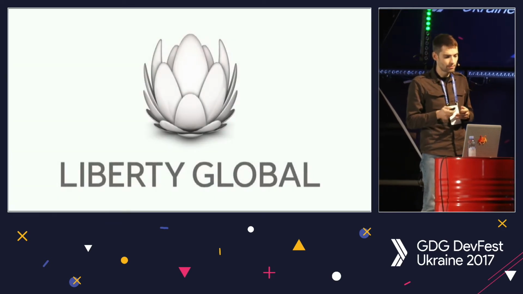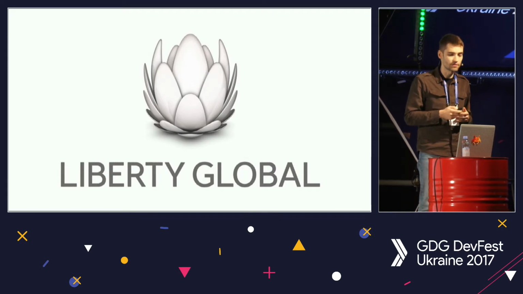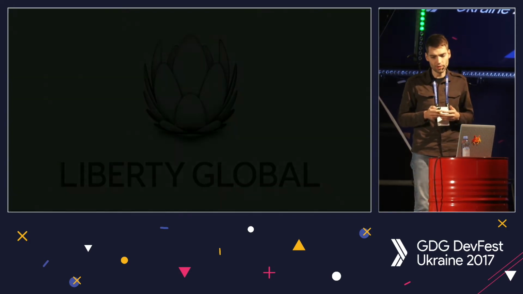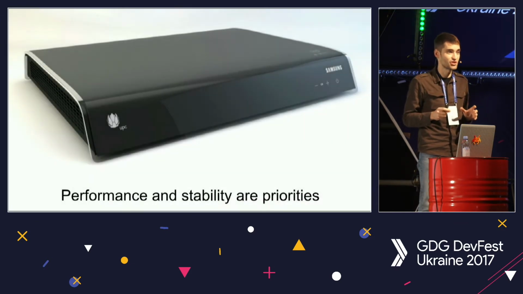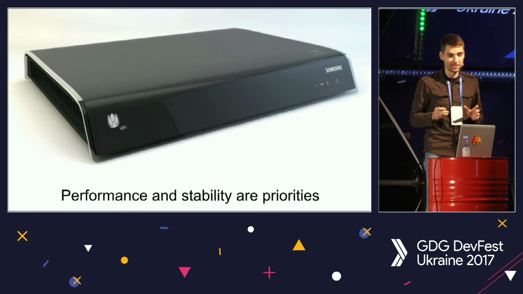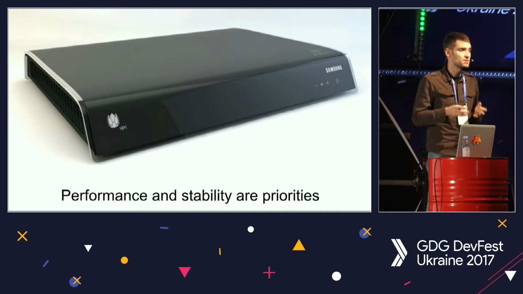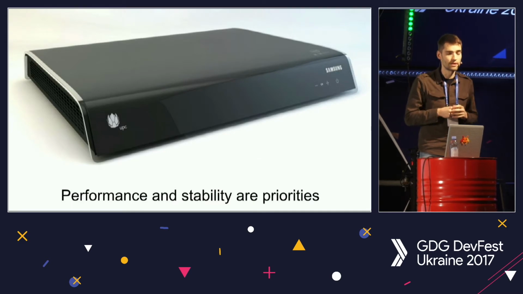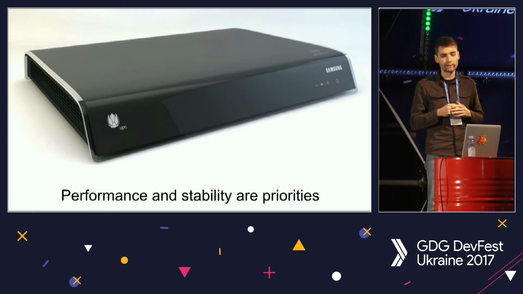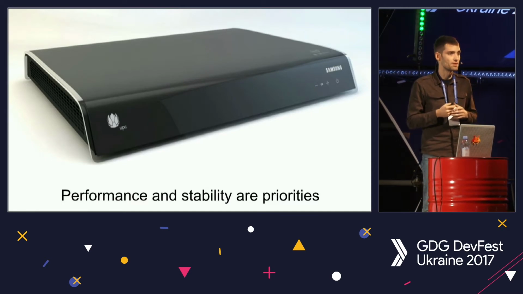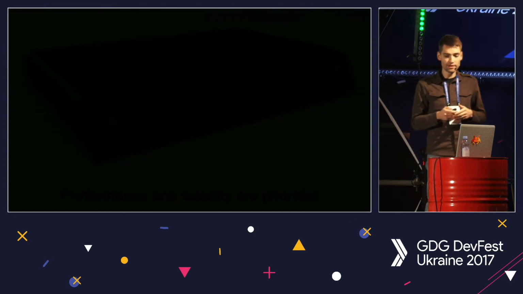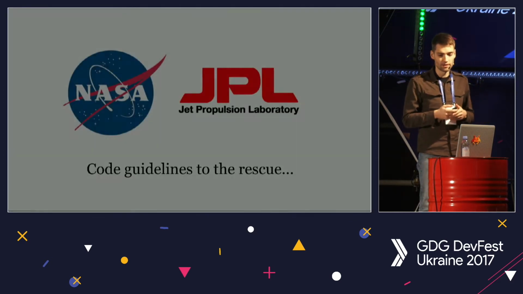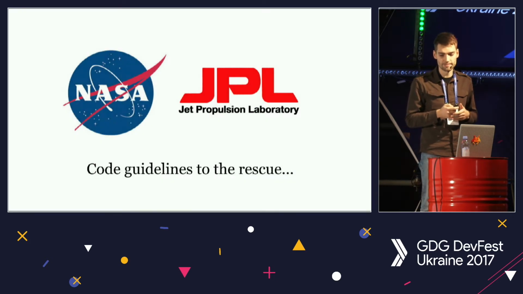My previous job was at Liberty Global, the biggest internet and TV provider in the world. There we were developing an operating system for set-top boxes, a JavaScript-driven operating system. This thing is a TV set-top box, which you connect to your TV, and it runs for weeks, months without a reset. So for us it was a challenge to get it running with a browser on it. All the interface was HTML5 rendered without any resets or stalls or memory leaks or whatever. So we tried to apply NASA coding guidelines, JPL coding guidelines. Let's go through them.